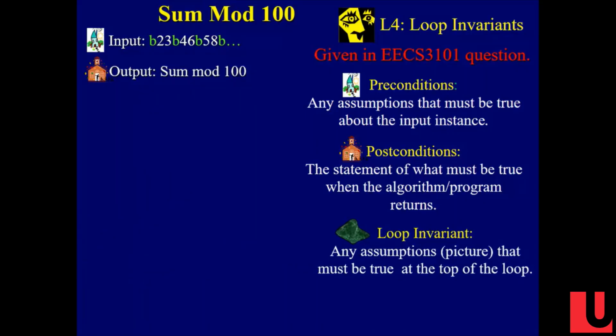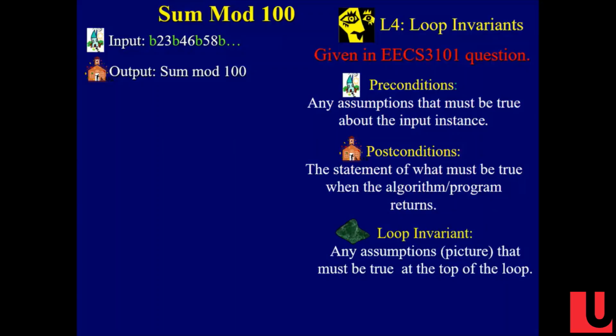What's a loop invariant? It's when you fly in from Mars. And what I mean by flying from Mars, I read it on Reddit that I always say flying from Mars, and the guy doesn't know what that means. So what does that mean? It means I'm at the top of the loop.